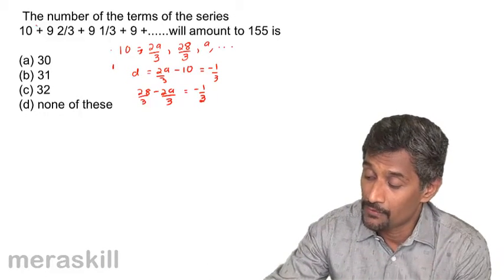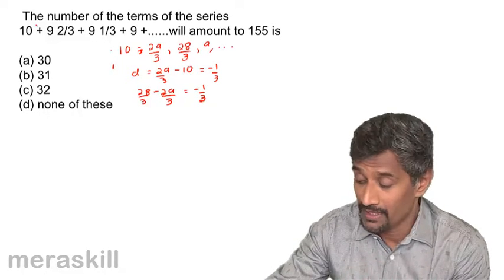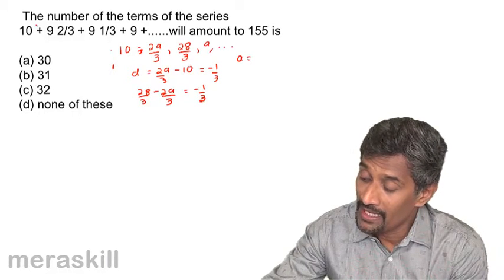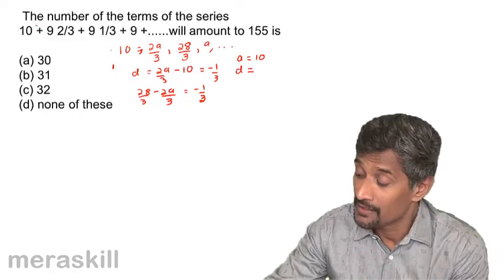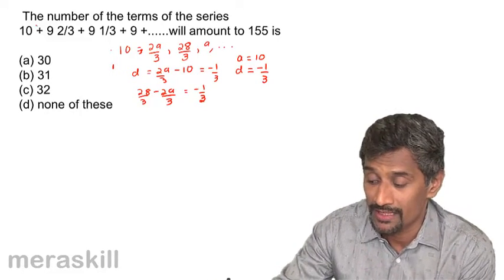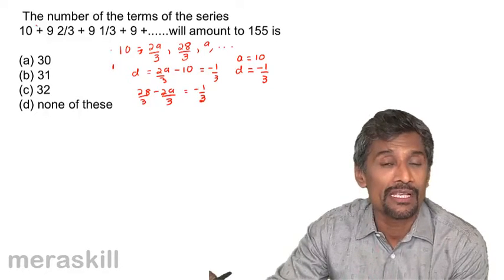Yes. And if you do 9 minus 28 by 3, that is also minus 1 by 3. So it is an AP where a is 10 and d is minus 1 by 3,